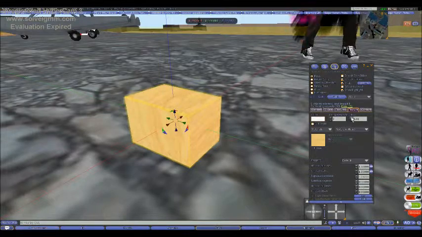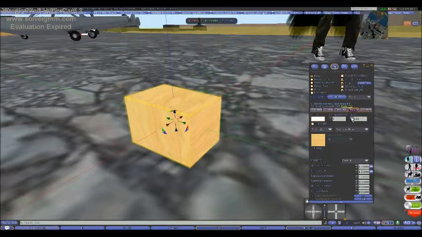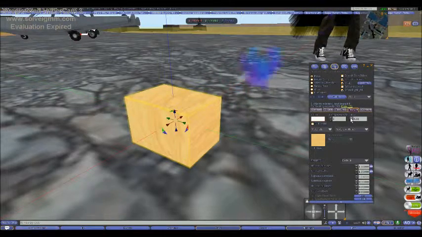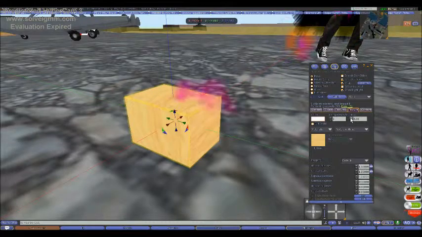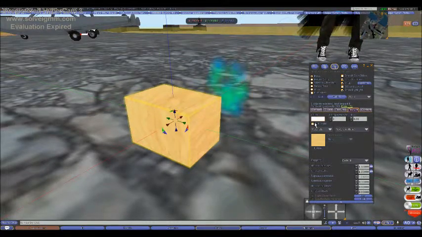But I don't have my glow enabled in my viewer because it causes lag. So I don't. If we had glow, we hit that, the prim would actually glow like a light bulb. Full bright